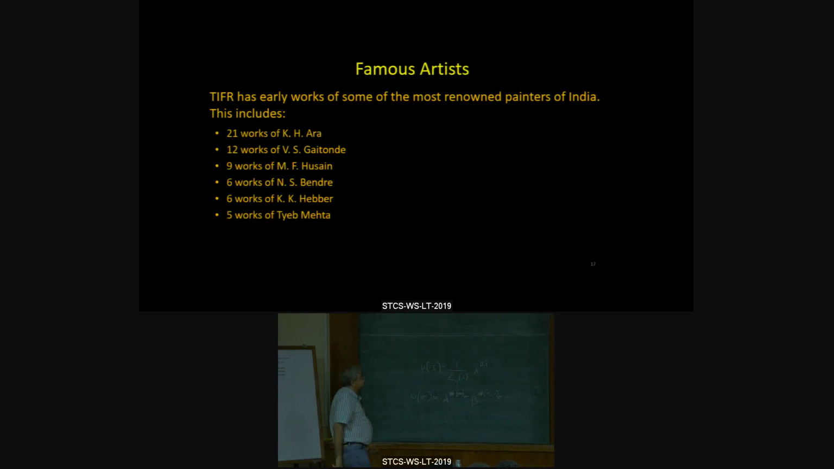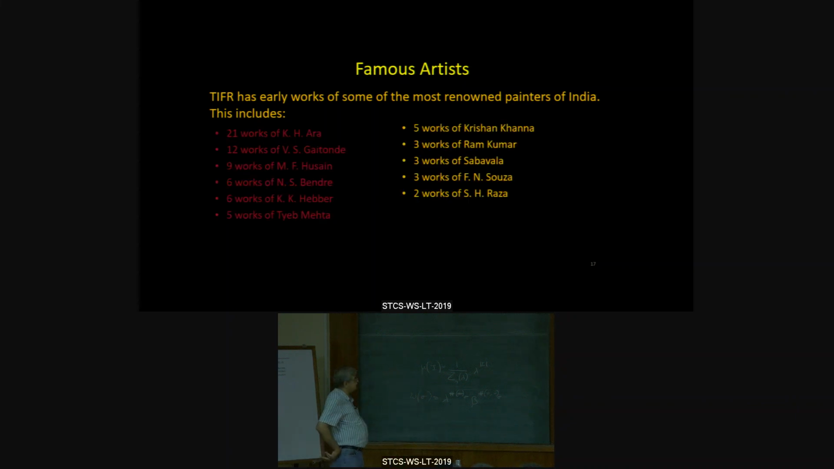Then TIFR is a huge collection of some of the greatest names of artists from the 60s and 70s. And my suspicion is that TIFR's art collection is more expensive than the rest of TIFR put together. That is the kind of art collection we have. Baba identified them very early, so we have